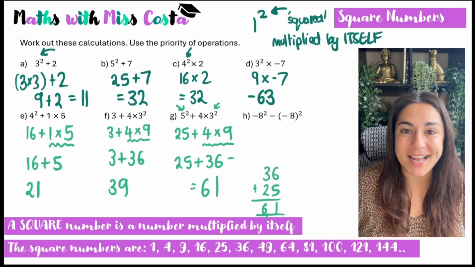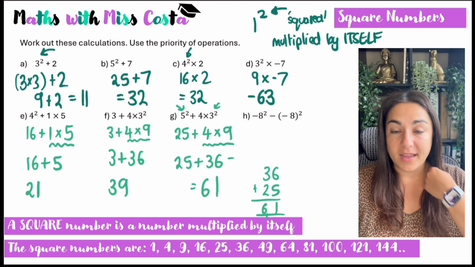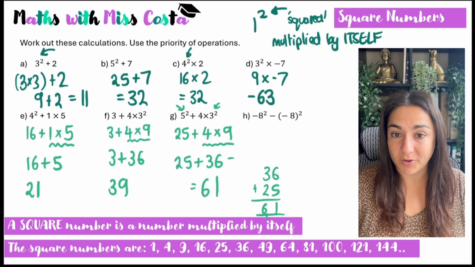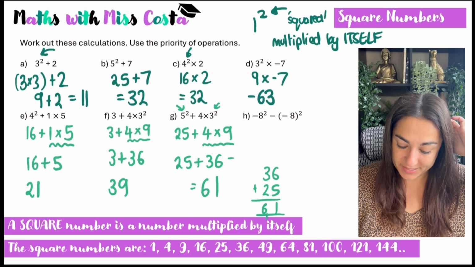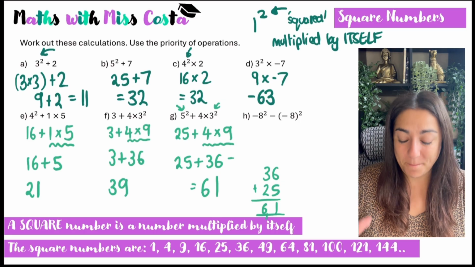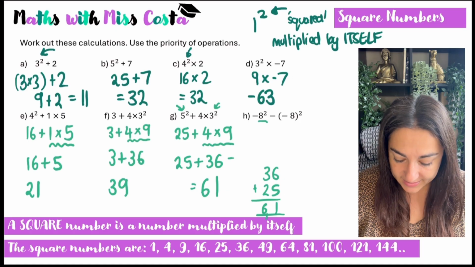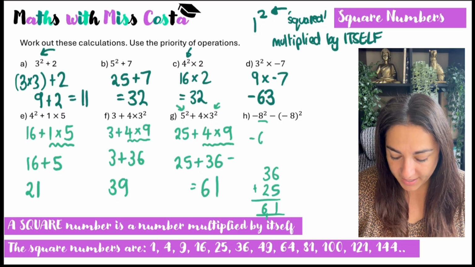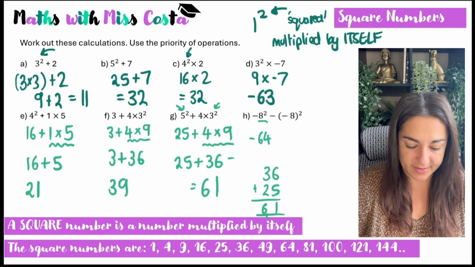And then a nice little challenging one with a negative number. So hopefully we've remembered the rules. So a negative times by a negative is always going to be a positive. So this bit is where it gets a little bit tricky. So don't worry too much about this, but the 8 is being squared. So because we do indices first, this would actually be minus 64, because there's a difference between, and maybe we